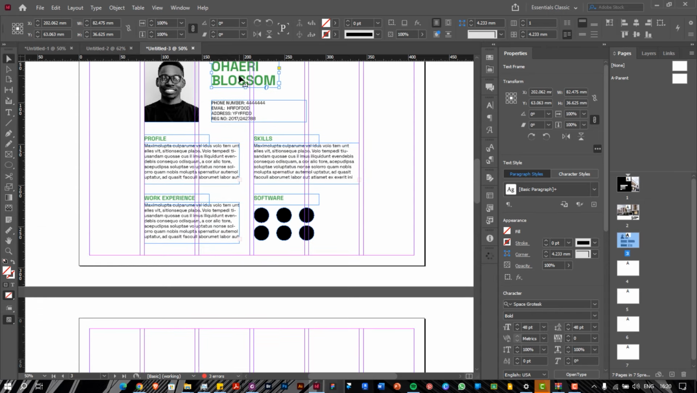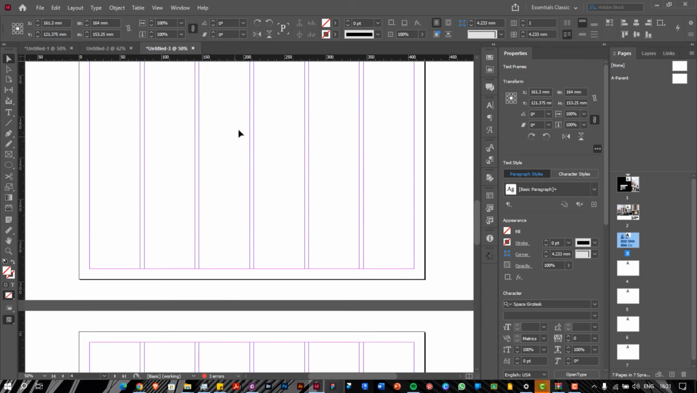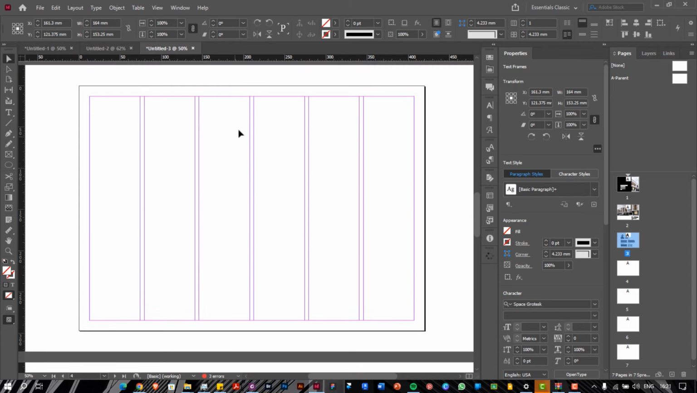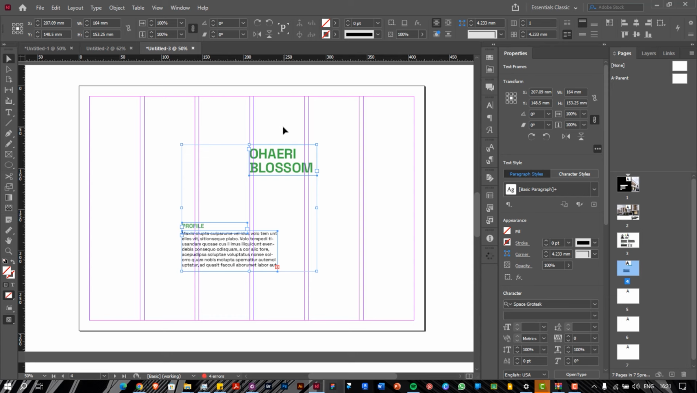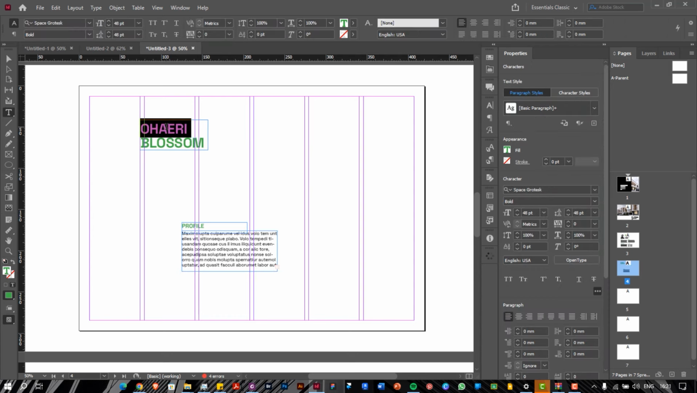Okay, so the next is our table of contents. So I want to create the table of contents. I'm just going to duplicate this. To duplicate, I can Control C, Control V to paste. So then I'm just going to use my grids to arrange the layout. Let's change this to table of contents, and